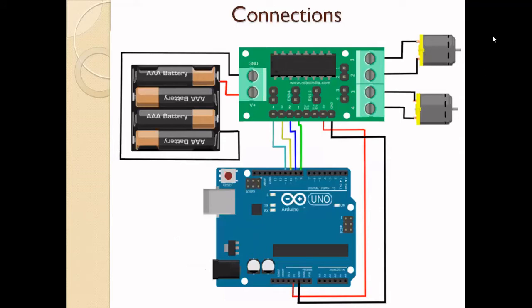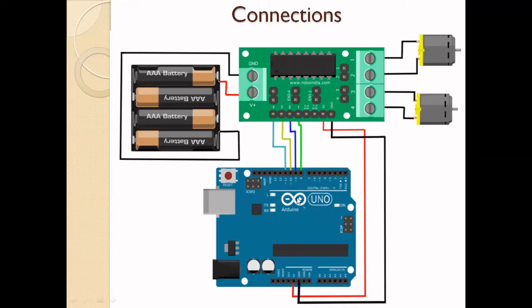You can see we can connect 2 motors. So it is called dual, as I have told. It is made up of an H-bridge. What is the use of the H-bridge? It is used to change the direction of the motor. By using a battery or some adapter, we can give the supply to the driver circuit.